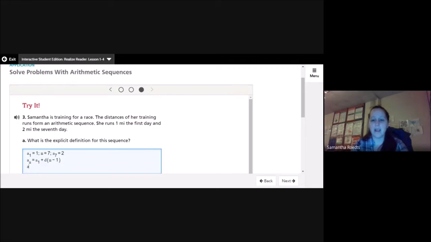a sub n, or a sub 7, equals a sub 1 plus d times n minus 1. I'm going to solve for d. So a sub 7 is 2, equals 1 plus d times 7 minus 1. So I have 2 equals 1 plus 6d. All right, I subtract 1 from both sides, so I get 1 equals 6d. So d equals 1/6. So my explicit definition is